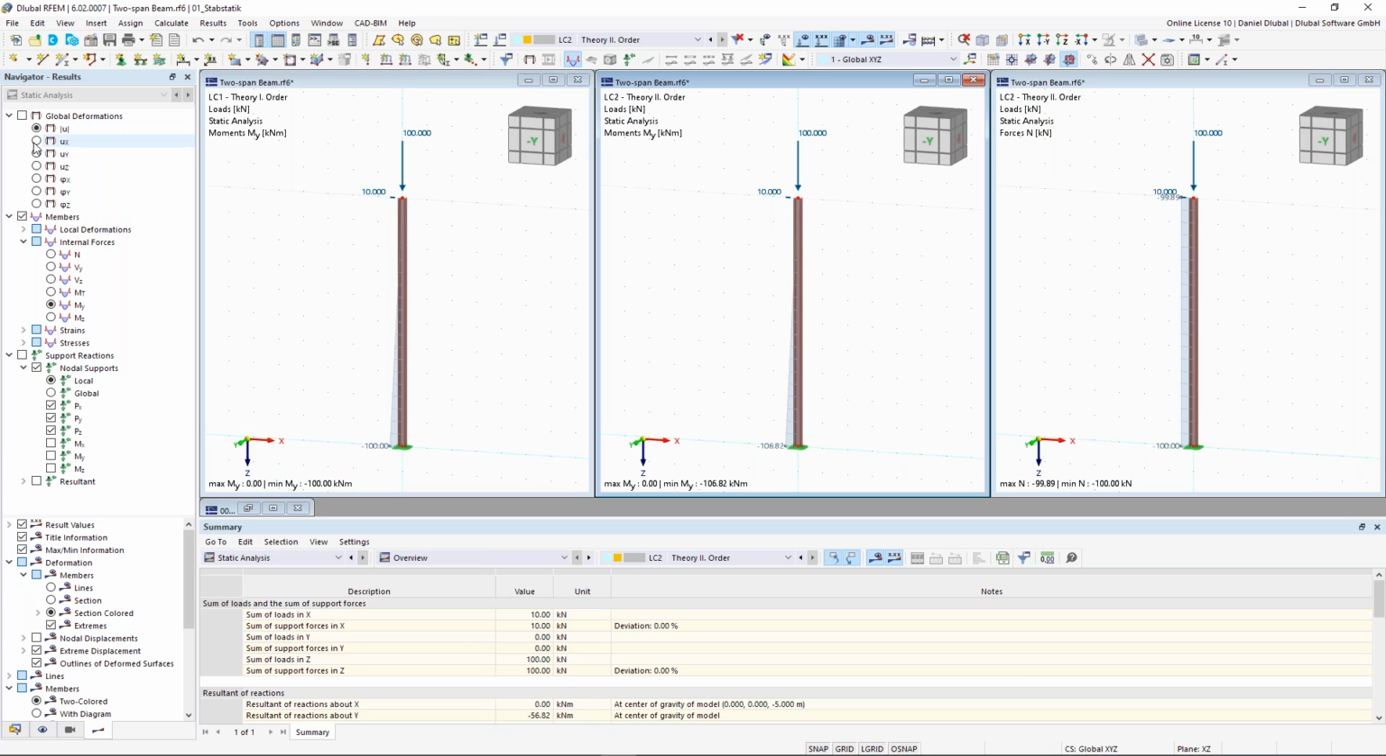So I will show me here the deformation in the horizontal direction, and then here the bending moment. Okay, so let's check it. So 100 kilonewton times the deformation, the top deformation of 68.2 millimeters